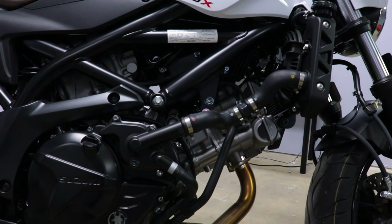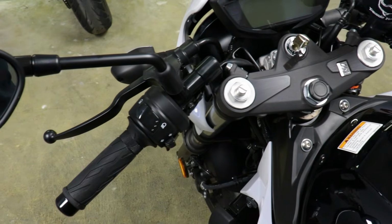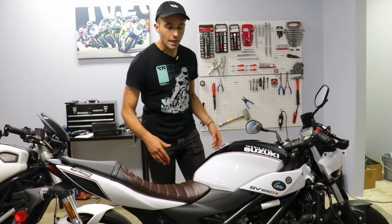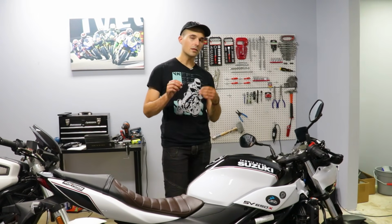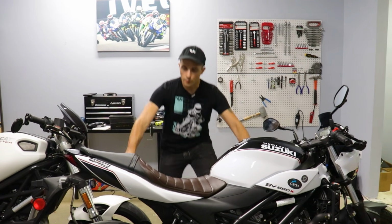So the more astute viewers among you might have noticed that we're calling this a naked bike, but you're saying, yeah, it's got these clip-ons right here. Well, that's because this is the X version of the Suzuki SV650. What that means is you get clip-ons, a little cowl, and a nicer seat right here. But that's gonna bring the price up to $83.99 MSRP, so it's a little bit more expensive than the normal bare-bones Suzuki SV650, but it's the same frame, same engine, same chassis, same everything, basically from here